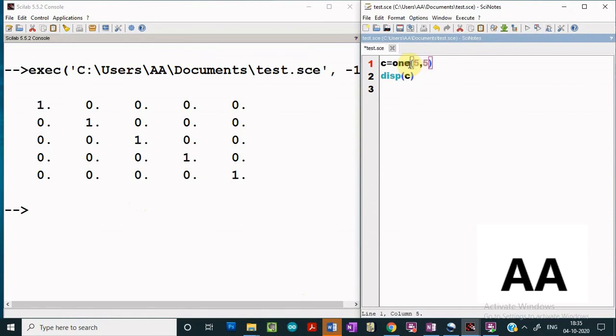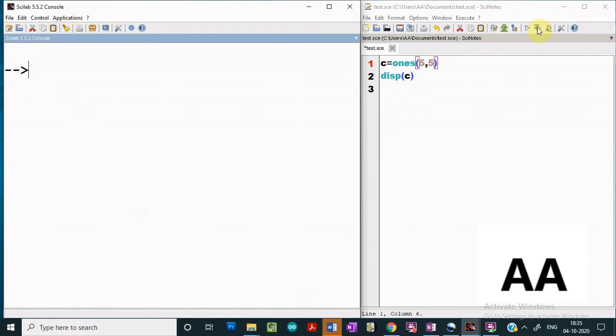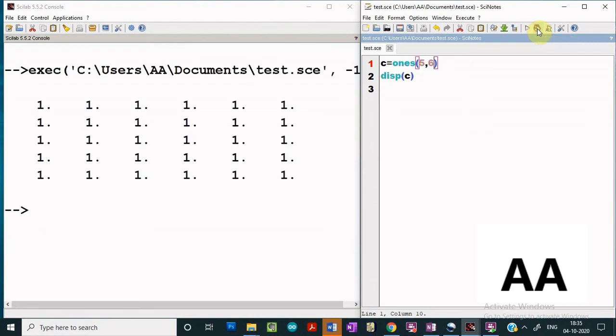Next, if I replace this eye function with the ones function, then a matrix of all ones will be created of the order 5 rows and 5 columns. I can change it to something like this also. It is not necessary that you should have the same number of rows and columns. On execution, I get a matrix of the order 5 by 6 where all the elements are 1.